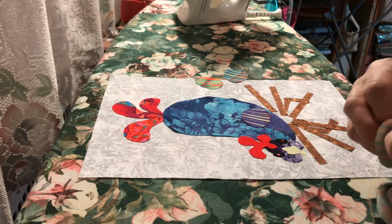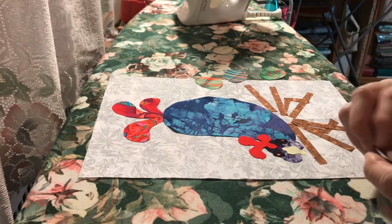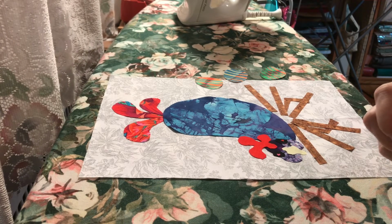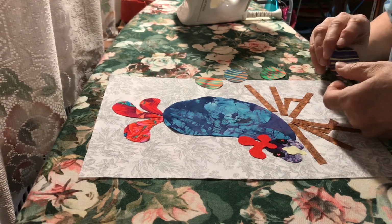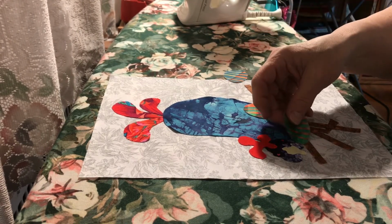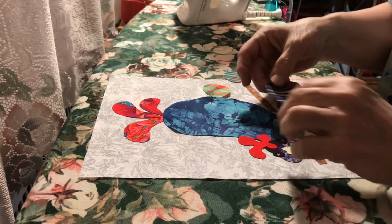I'm losing my adhesive. Let's go around this side right there. Oh. Okay, I don't know what happened there. It rolled on me for some reason. That's kind of odd. All right, so we're going to put this one, since he's got a face up, we're going to put it there. We're going to take the green one over here, right next to her cheek. I think we'll take the purple one, and it overlaps just a little bit,